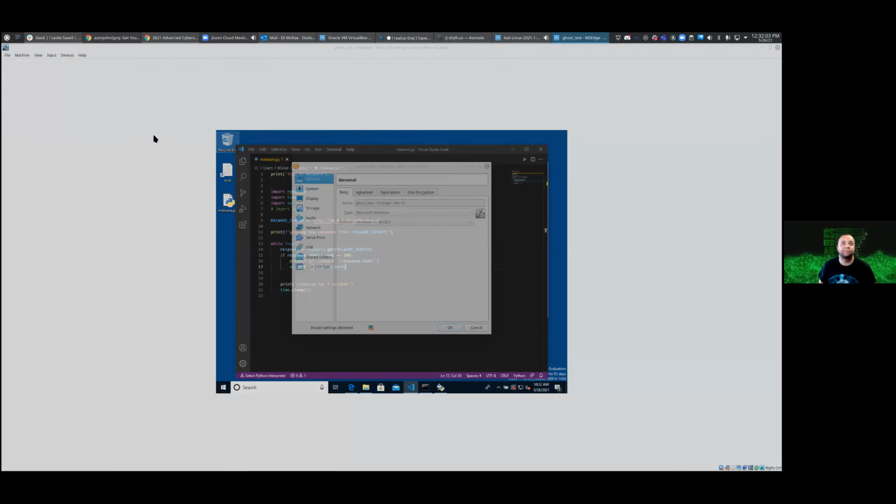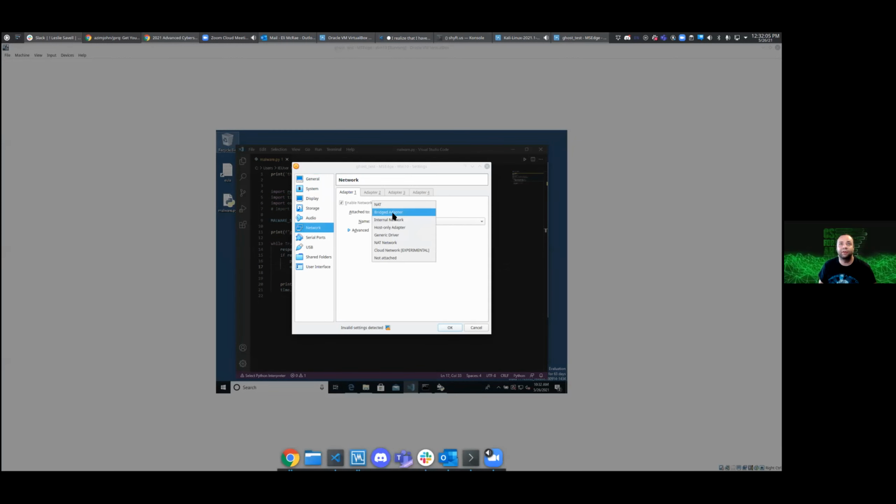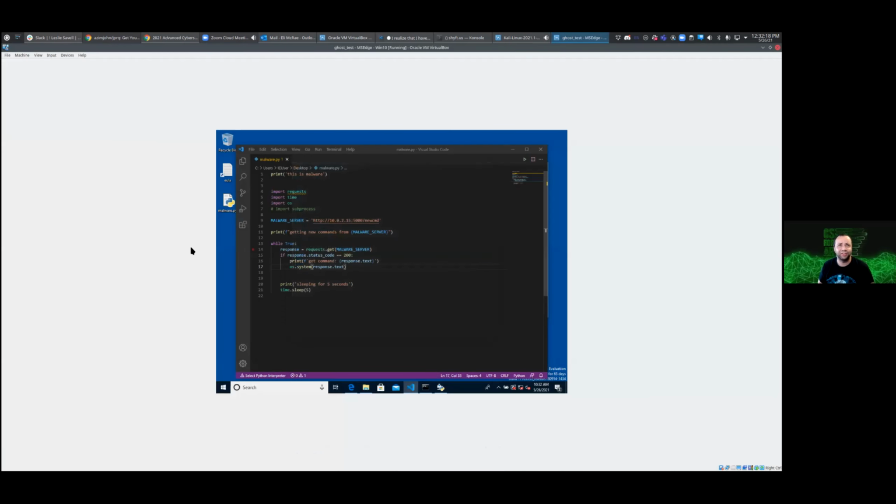Settings, Network. Rather than a bridged adapter, which puts it on the real exterior network adjacent to your host, I'm gonna put it onto the NAT network, test malware. I guess I was using this to test something on a real network at some point. All right, so